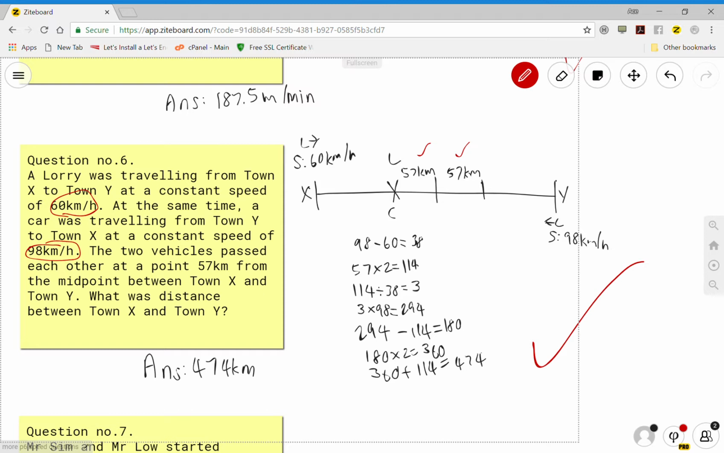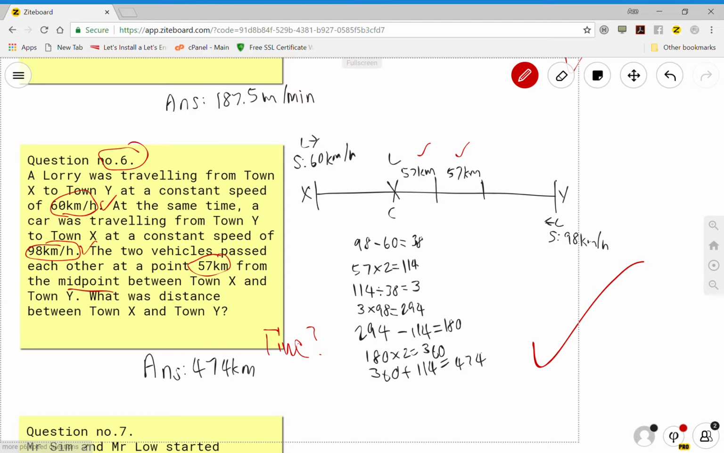Okay, never mind. So anyway, we can see that if you look at the whole question, this question number 6, there's no time. They never give any time, right? There's nothing of that over there. So what you have to do is to rely on the difference in the speed, which in this case is 98, and then one is 60. The other clue is the two vehicles pass each other at a point 57 from the midpoint between X and Y. So if the midpoint is,